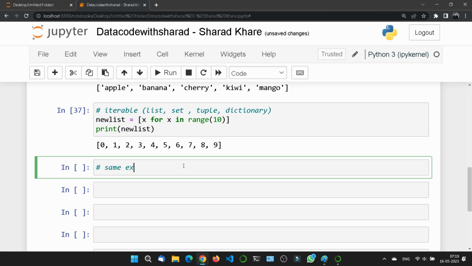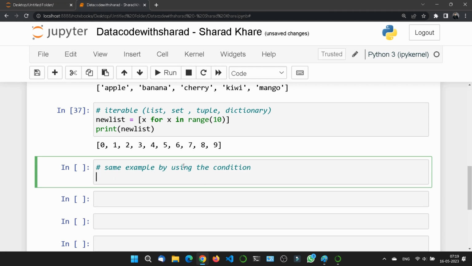Same example by using the condition. What if I want to print only the numbers which are lower than 5? We have a range of 10. Let's say a new list is equal to the same example. I will take x for x in range 10. It will print 0 to 9, but my condition is